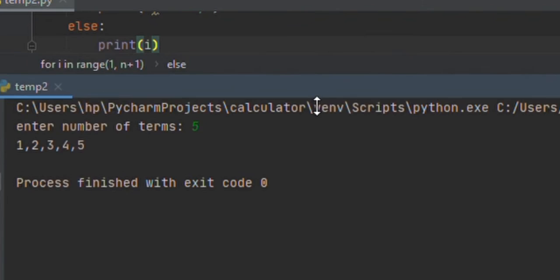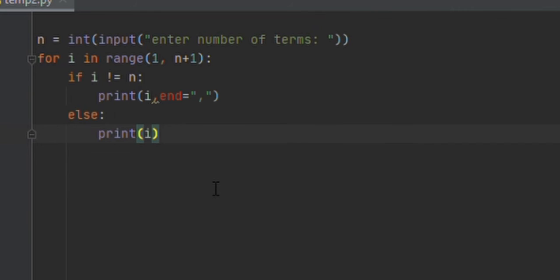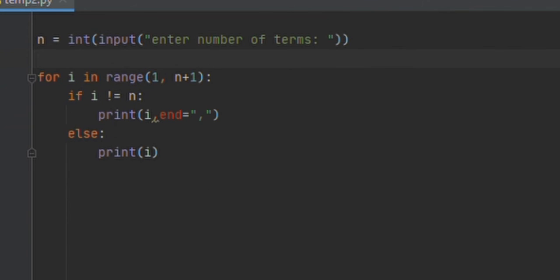And how to get the sum? So we create a = an empty list, and a.append(i),